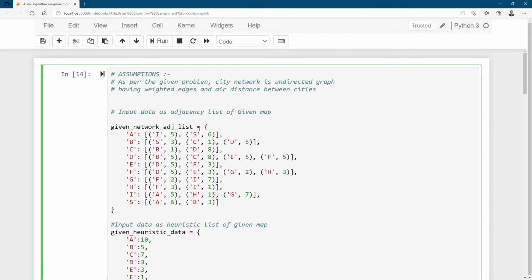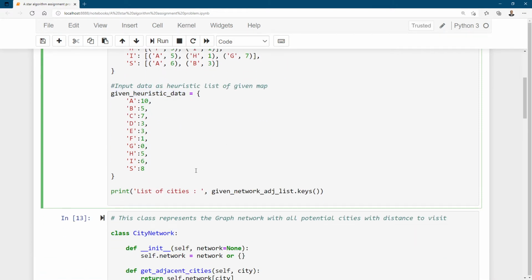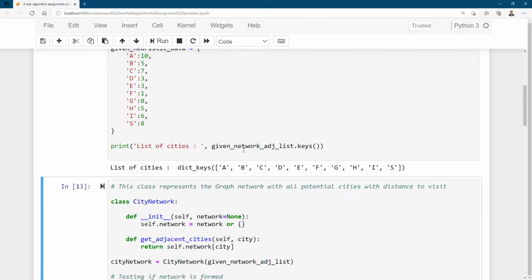Here we have the adjacency list and the heuristic data given as input. If we try to get the keys from the list, we can easily get them using the keys function.